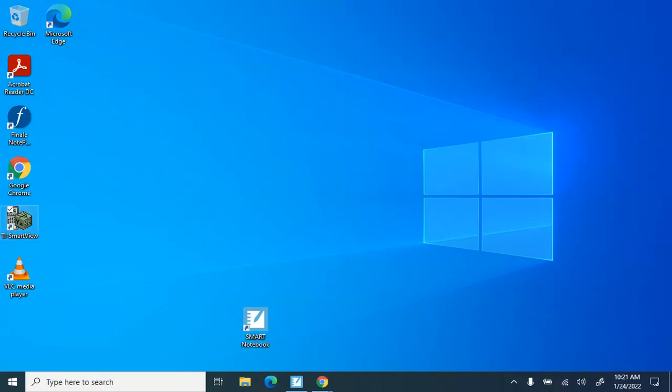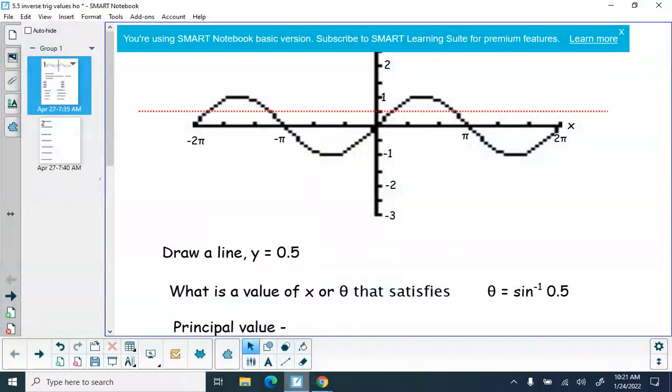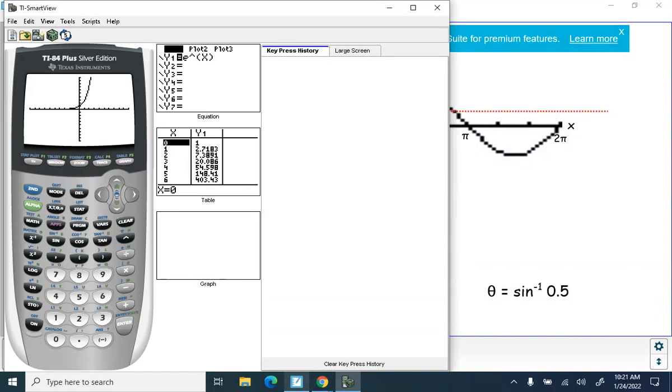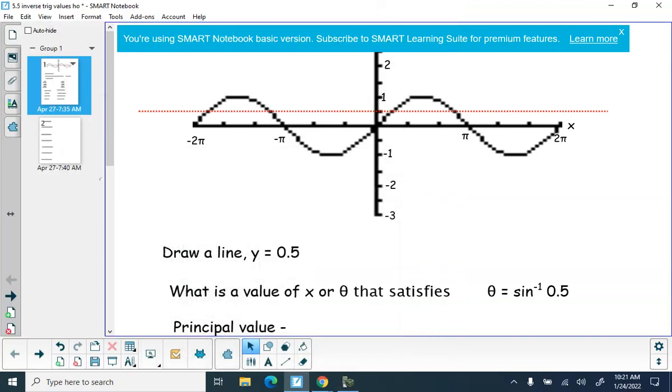So if we look at the sine curve, and we draw the line at y equals 0.5, what this signifies is theta values,